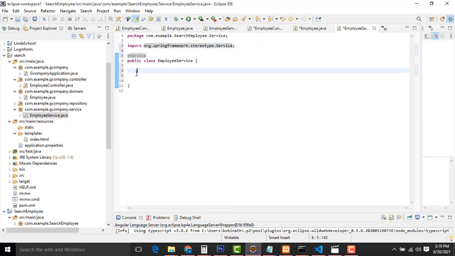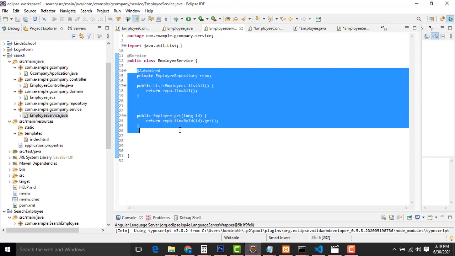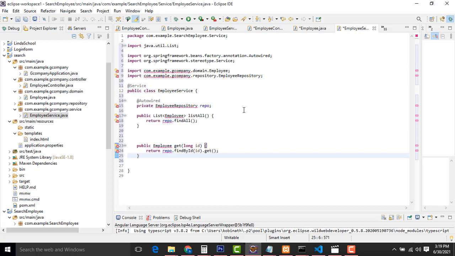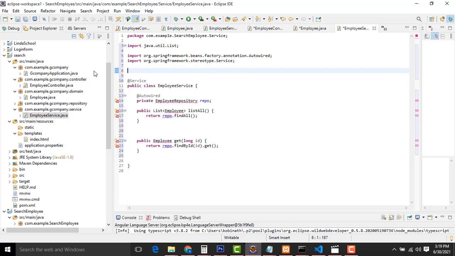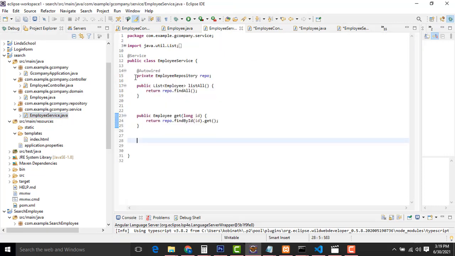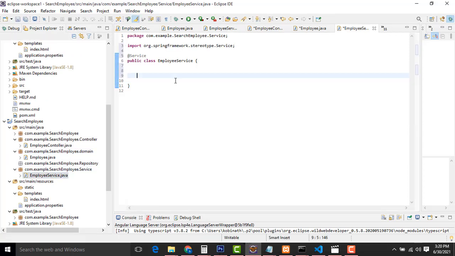Okay, after that what I did here is, we have to write the same thing, Control C to copy, Control V to paste here, right. We have to copy this one, so we have to paste it over here.